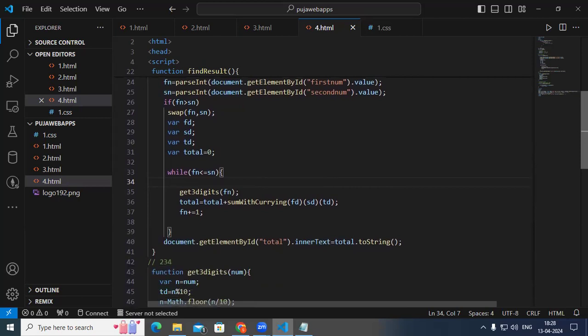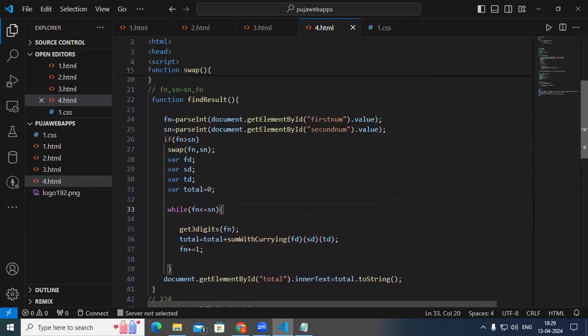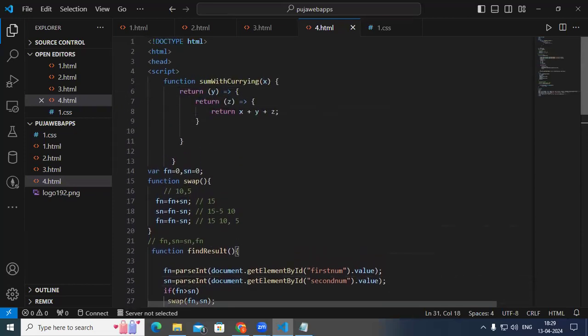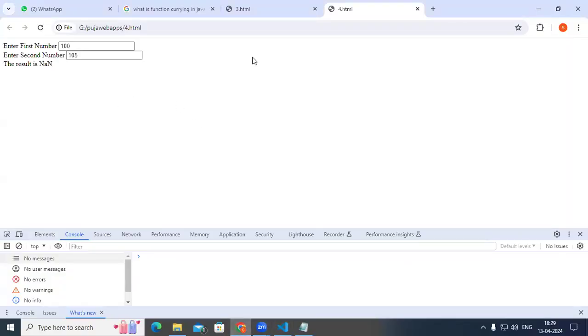Fn equal to Fn plus 1 we are taking. Okay, innerText we have taken. So finding the error can be a little bit difficult for us in that manner. First of all, you need to get the Fn and Sn, first number dot value, second number dot value. So both of them are nothing but numbers only. Then here we take total. So why is it saying this here, total equal to total plus sum with currying FD, SD, TD? When we gave it, it has to work for us. X plus Y plus Z, it has to give value. But what does it say in this case, if you click on this,